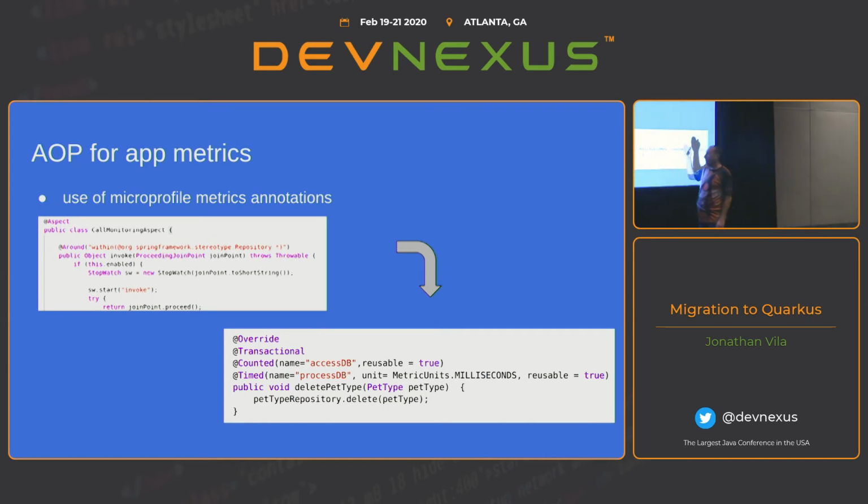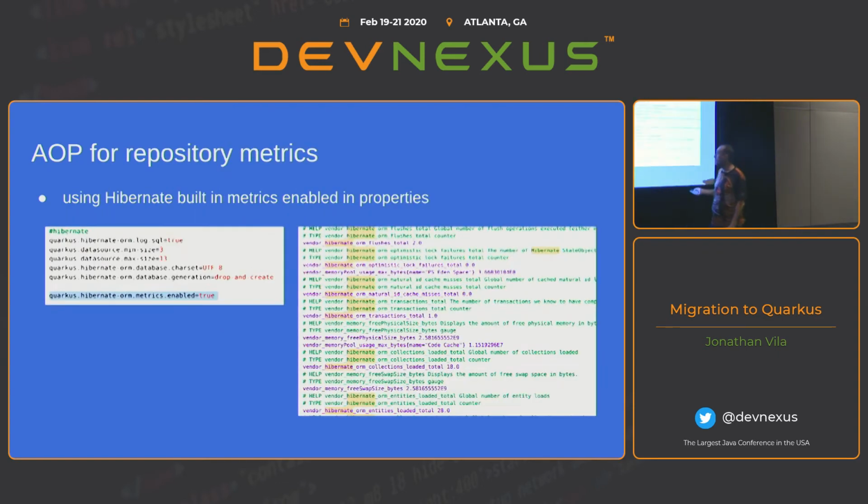And AOP for metrics, as I said before, was very easy with Spring, doing an aspect, and around all that is in that package or in that class, that aspect will be executed. We don't have that in Quarkus, so we need to annotate each of the methods, as I said before.